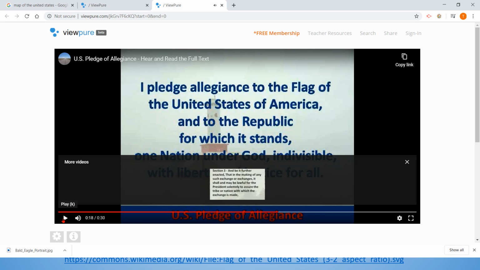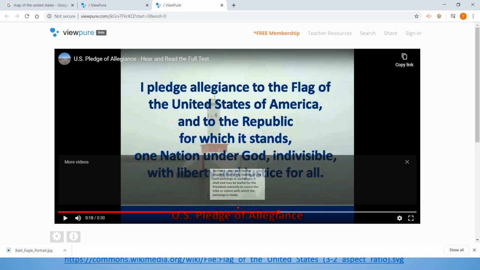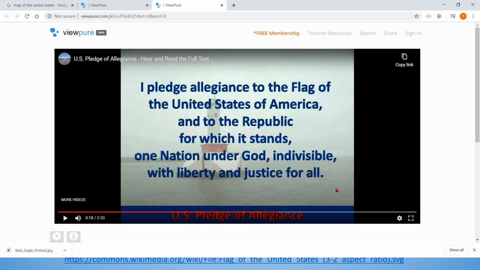And when you say the pledge, again, it's good to stand and have your hand on your heart. Stand if you can. If you can't, that's okay. Put your right hand on your heart and look at the flag. And you can say the pledge or just listen to the pledge being said. And when you say the pledge, that's just a sign of saying that I am loyal to my country. All right,